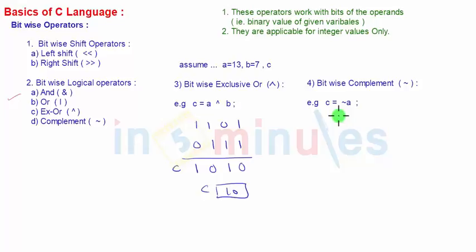What does this complement operator do? It just complements, that is, negates the bits of the given operand. Ones change to 0 and 0 changes to 1. So now in this case A is 1101, and if you make a ones complement of that, it will be stored into C. C should be 0010. Now the actual value will not be like this.